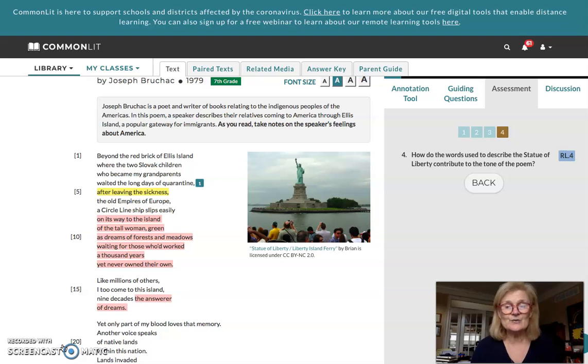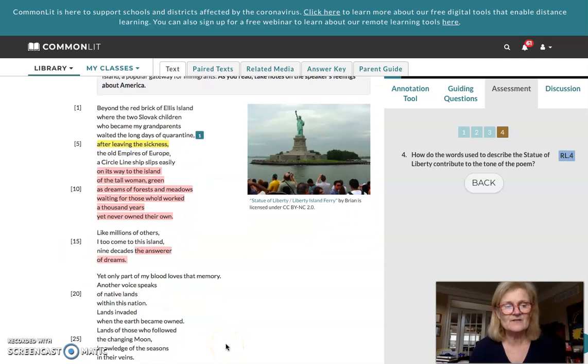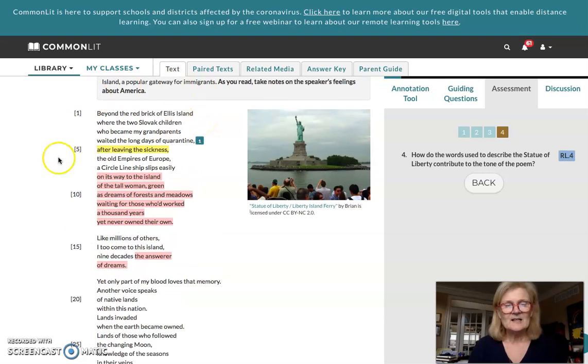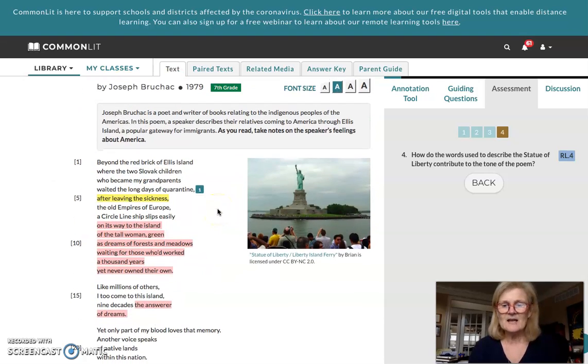Now, he does continue the poem and say, "yet only part of my blood loves that memory. Another voice speaks of native lands within this nation, lands invaded when the earth became owned, lands of those who followed the changing moon, knowledge of the seasons in their veins." So I'm wondering, do I have to include that in my attitude in this poem? I can sense that there's a conflict in my author, in the poet, and in the speaker. But I want to go back and look at the idea of Ellis Island and what it would have